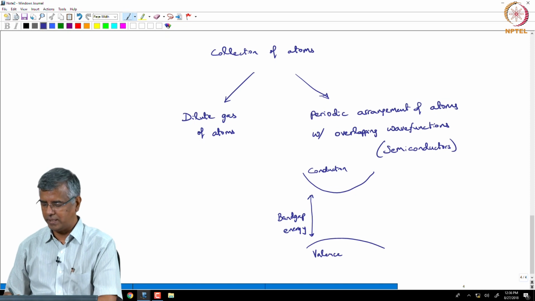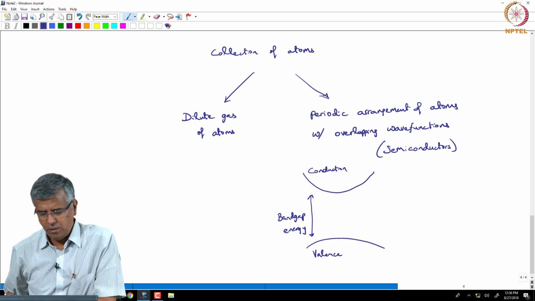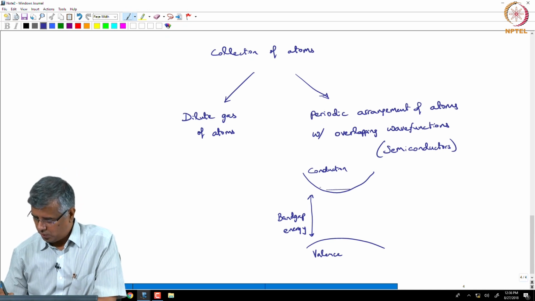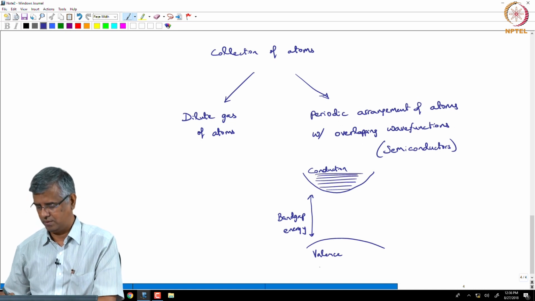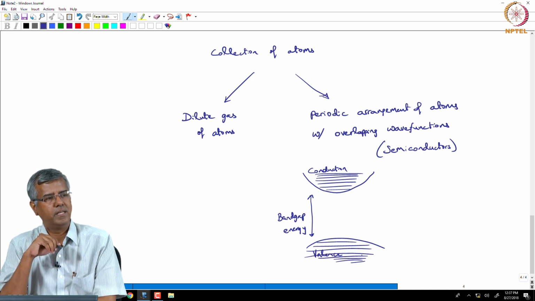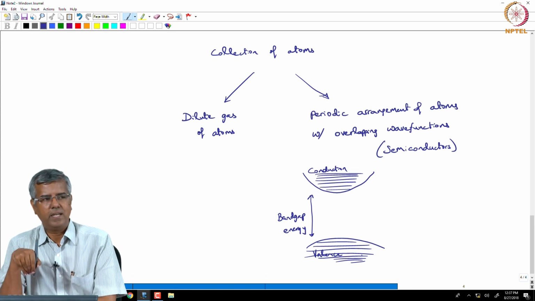So, it turns out that when you look at the probability of an electron occupying one of these energy levels, this cannot be